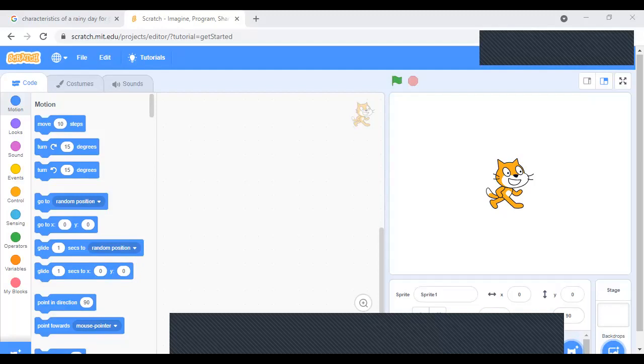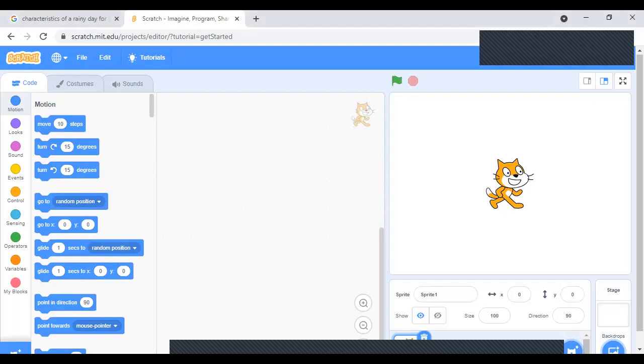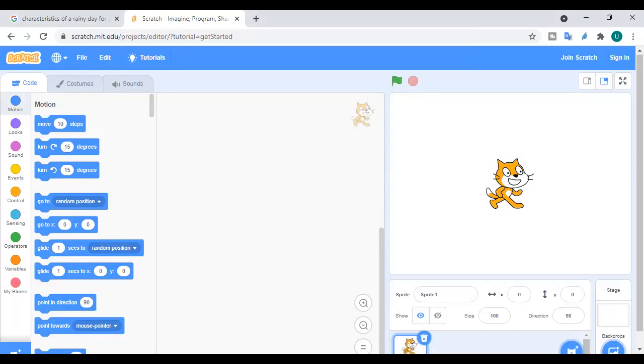So let's quickly revise what we have learned so far. We have learned that Scratch is basically a programming language for kids. Why has this been made? Because it was not easy for children to learn programming languages, as they are very complex. So an easy programming language has been created for them, and they can do a lot over here. You can make games, you can make videos, people can look at your work and make changes in it, they can give you suggestions, etcetera.